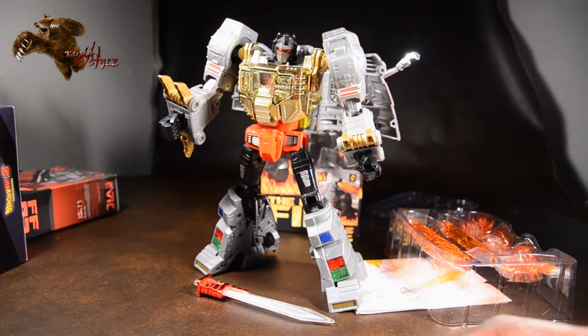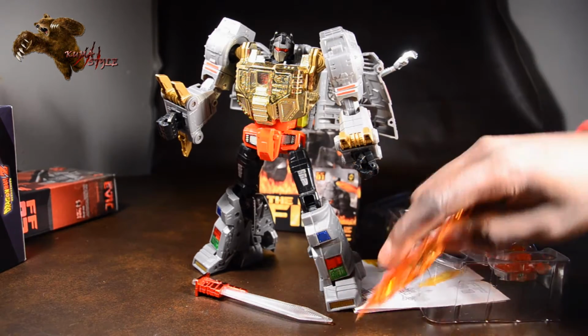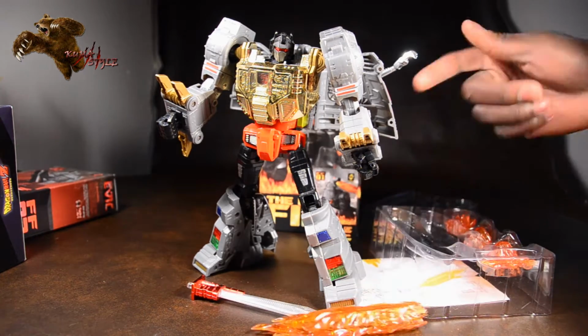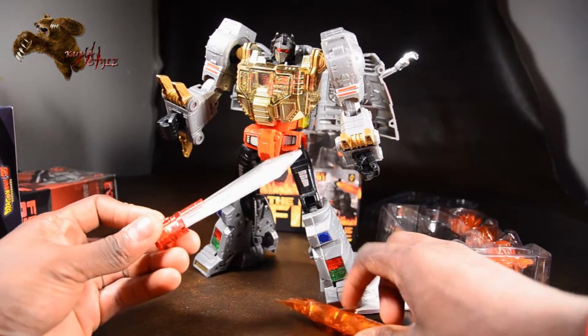I know this goes without saying, but no matter what version of Masterpiece Grimlock you have, these are compatible. They're all the same mold, so I know there have been like 50 releases and another one coming up that's a Toys R Us exclusive. But for the sword,